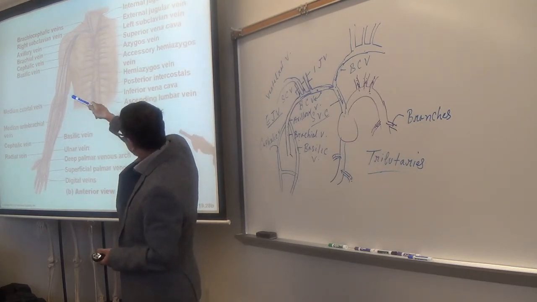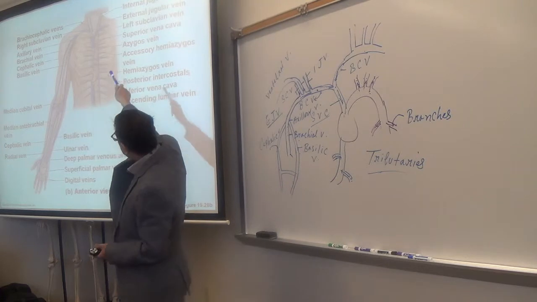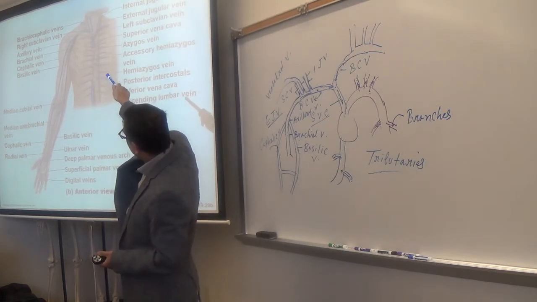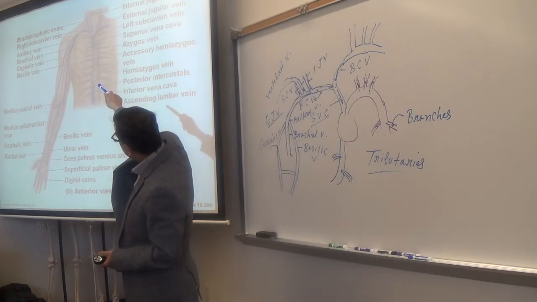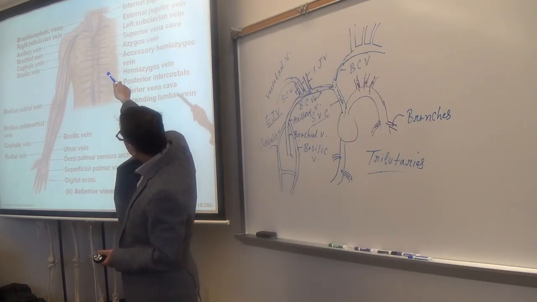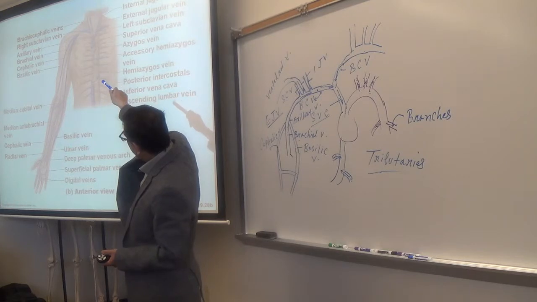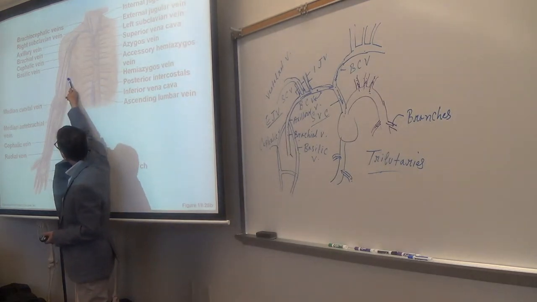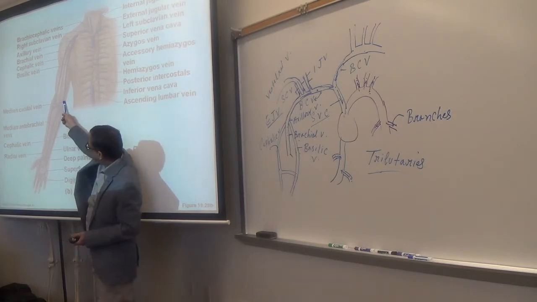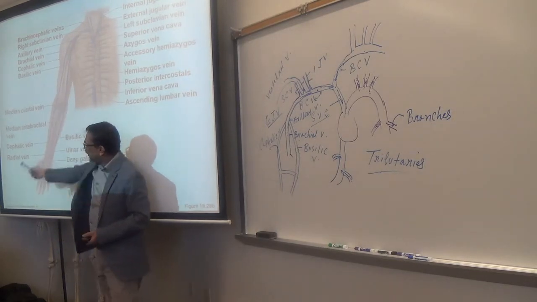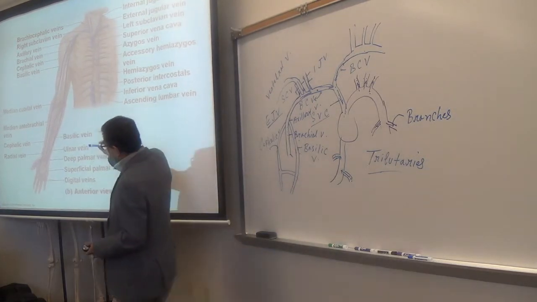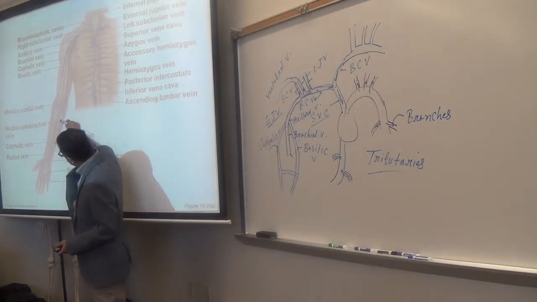Again, same thing. Now let's see the upper limb. You see subclavian under the clavicle, right? And then it becomes axillary vein. And from axillary you see cephalic laterally and basilic medially. At the front of the elbow, they are connected by the median cubital vein. Okay? And then they go